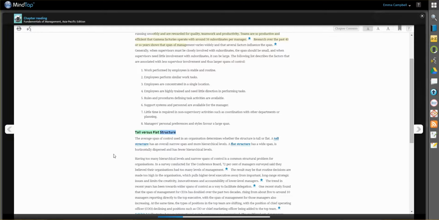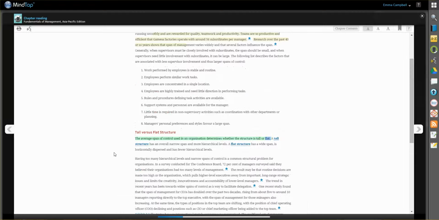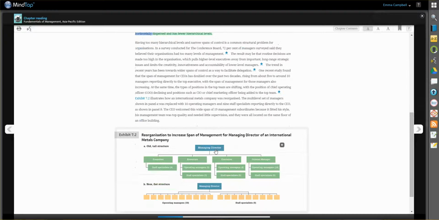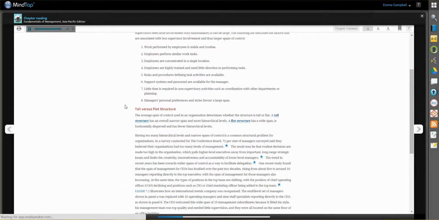Tall versus flat structure. The average span of control used in an organization determines whether the structure is tall or flat. A tall structure has an overall narrow span and more hierarchical levels. A flat structure has a wide span, is horizontally dispersed and has fewer hierarchical levels. Having too many hierarchical levels and